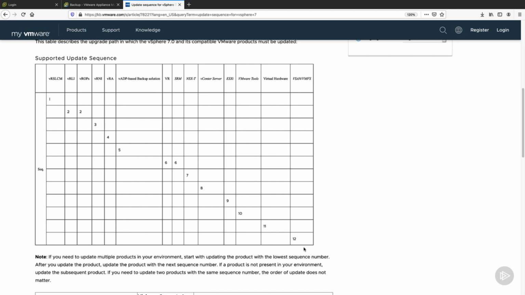However, in our case, we did a very minor upgrade from vSphere 7.0 to vSphere 7.0 Update 1 on our ESXi hosts. And in my experience with minor upgrades, you can really get away with this. It's more of the major upgrades that you need to be aware of this very specific order. So what we're going to be doing now is to upgrade our vCenter server. We don't have any of these other VMware products running in the vSphere infrastructure at the Wirebreak Coffee Company at this point. But if we did, we would want to make sure that we upgrade those first